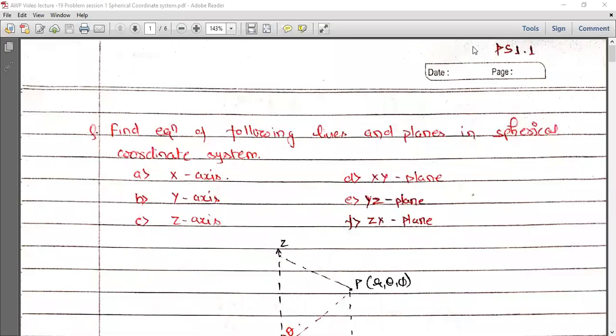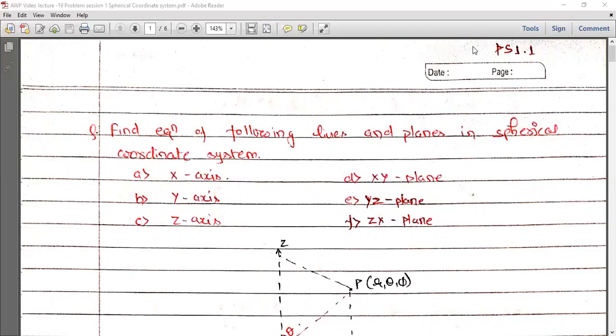Hello and welcome everyone to this problem session 1, and we are starting to solve the problems in antenna and wave propagation in this session with the basic prerequisite material which is used generally for understanding antenna and wave propagation. So, in order to analyze several problems and theoretical methods for analysis of antennas, we need proficiency in spherical coordinate system. And so, I have designed this first video lecture for improvement of our understanding